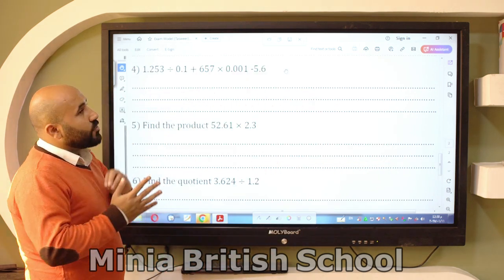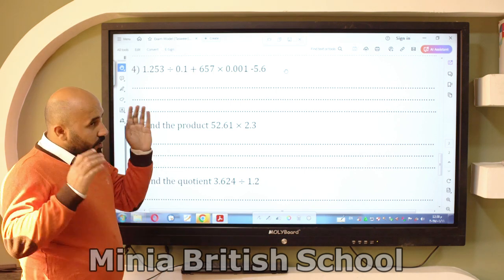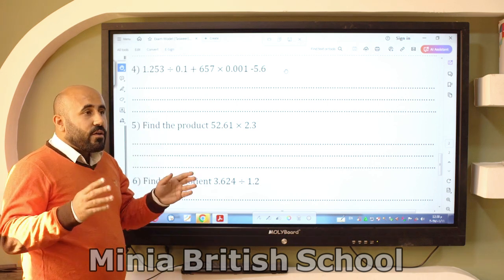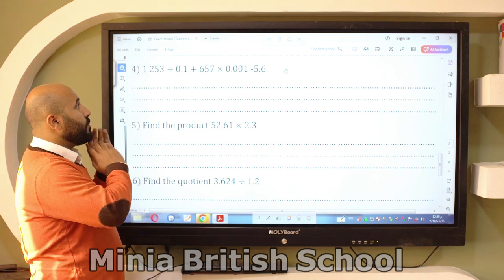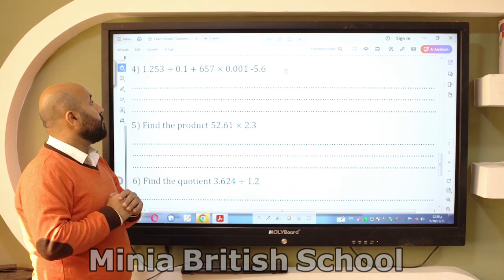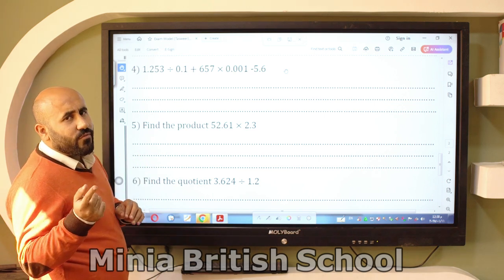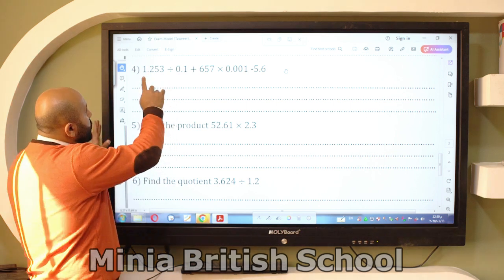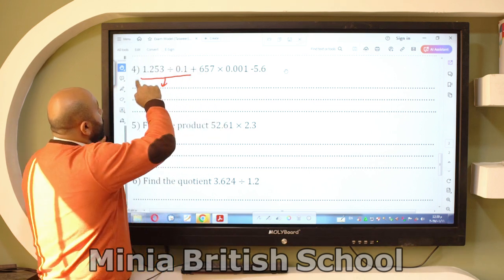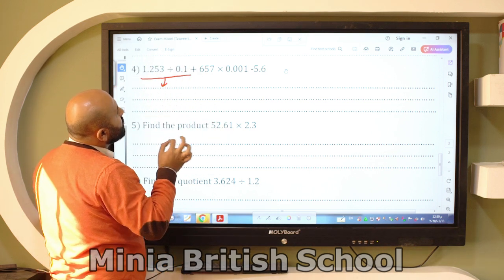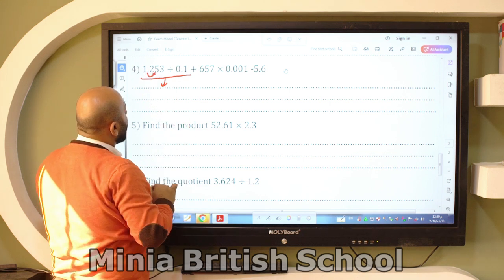First, the order of operations and how to treat it. As you all know, do the operations inside the brackets, and I have no brackets. So get to the second step, which is the division and the multiplication. Which one of them is first? The division, the first one on my left-hand side. So it will be 1.253 divided by 0.1. So it means the decimal point will move one step right. So it will be